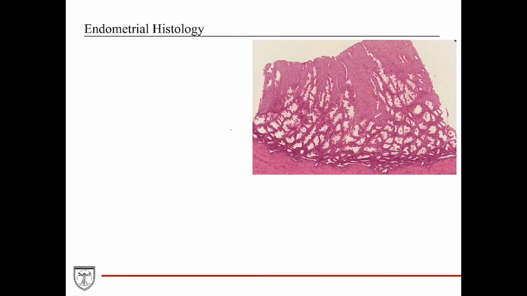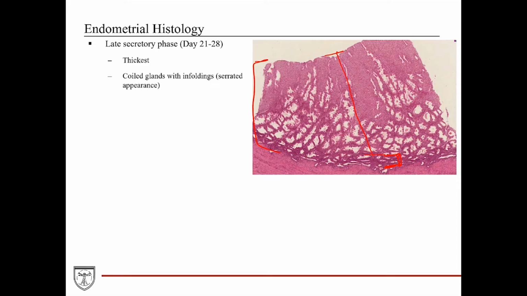The latter half of the secretory phase, spanning days 21 to about 28, is called the late secretory phase. And at this stage, histology is marked by the thickest state of the endometrium. So the endometrium here has the stratum basale remaining fairly consistent and thin, but relatively speaking, the stratum functionale has really dramatically thickened. Furthermore, the coiled glands will elaborate even further and start to exhibit a serrated appearance in the